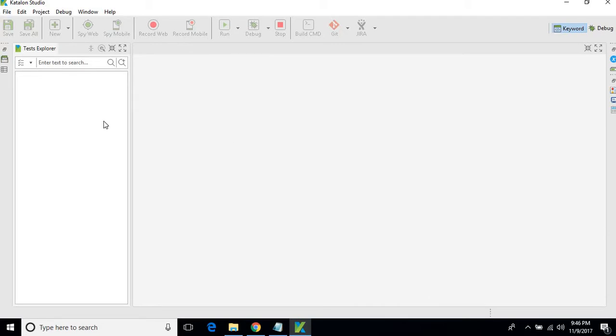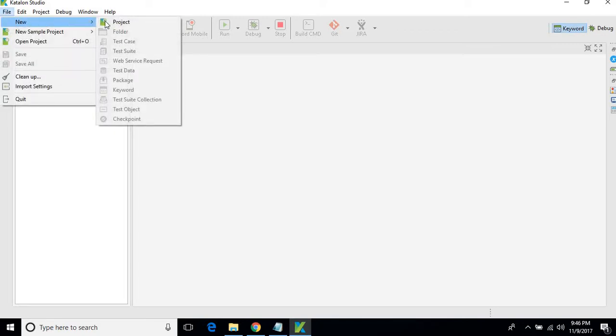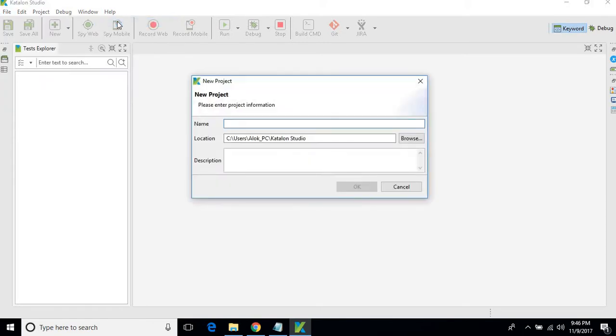In order to begin, we need to create a project. So we'll navigate to File, click on New, and then Project. It will prompt for a project name, so I'll give it as demo, and the description is not necessary, but I'll give it as this is a demo project. Okay,